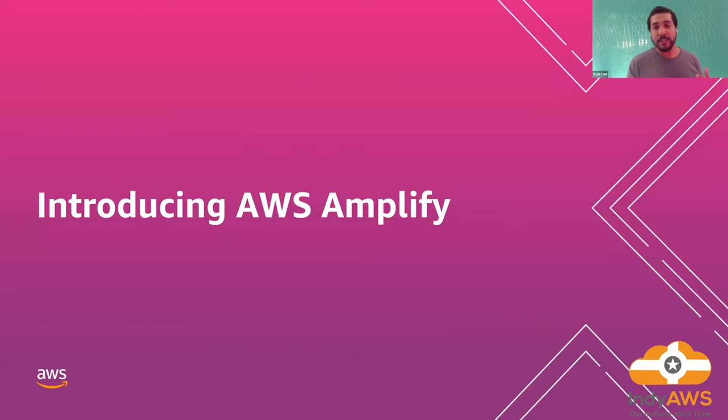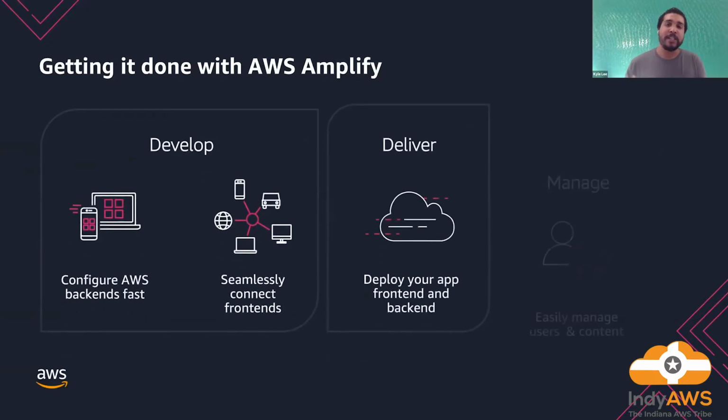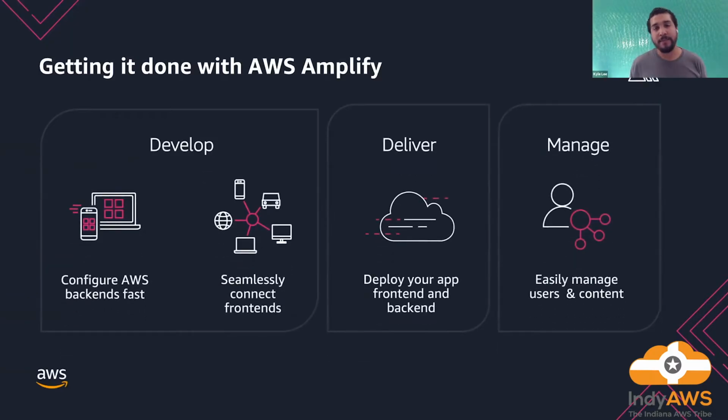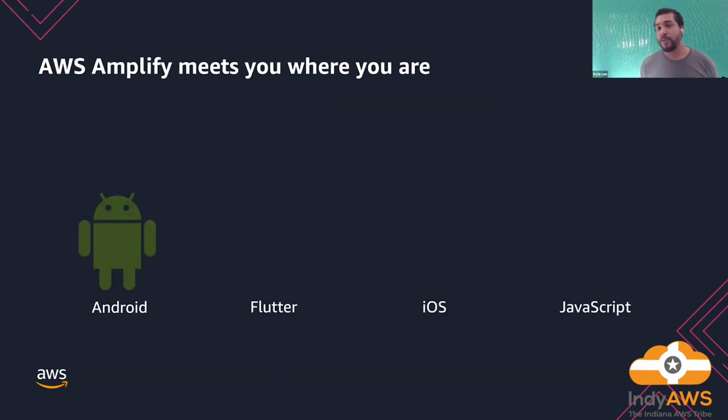So a little bit about AWS Amplify. It's a lot of different things, but essentially it's a suite of tools that's going to make life easier for front end and mobile developers. You can configure your backends and spin up backend services, any resources that are relevant to your app, whether it's a website or a mobile app. It will allow you to deploy your front end if you're doing some type of hosting. It will also allow you to manage the users on your team and the content within your app as well. So it does a lot of different things, and it works on several different platforms.